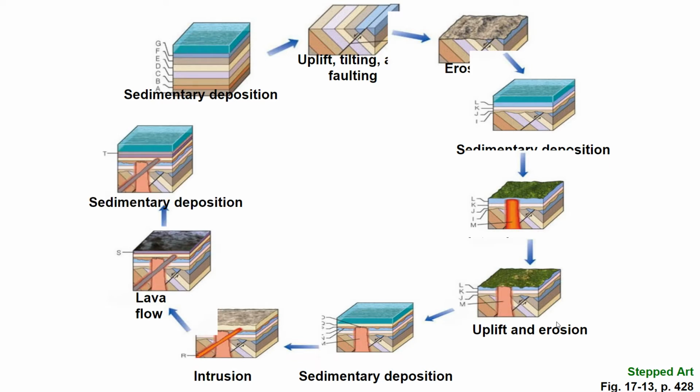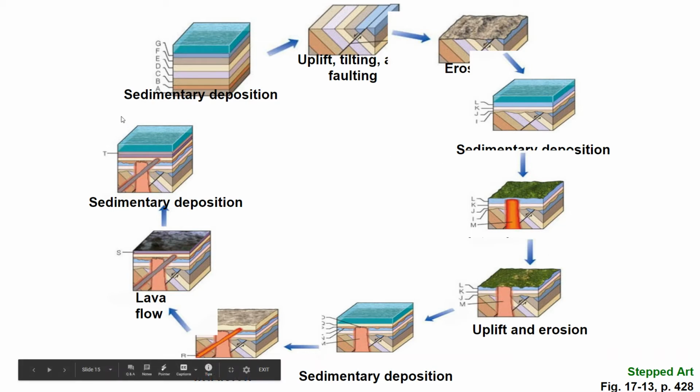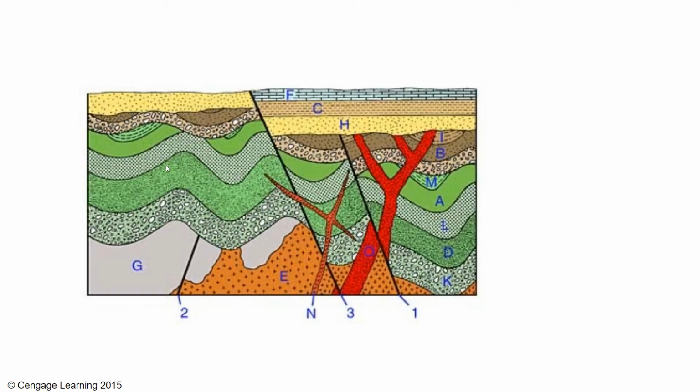You can think of it as a cyclical kind of thing. But again, not always in this order necessarily, but that's how you end up with complicated stuff like that. Or like this diagram. This is a classic thing we'd give to geology students to say, hey, what order did